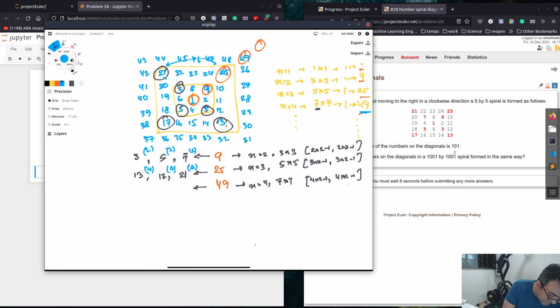Now we have 1, 2, 3, 4, 5, which is that minus 1 is 4, and now we have 7 minus 1, it should be 6. So if we are trying to figure out what these values are, we have 49 and the values are 43 and 37 and 31,